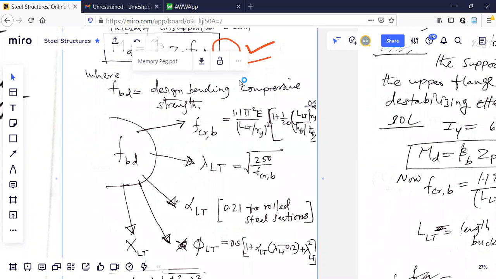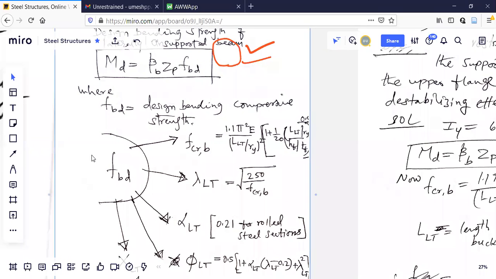Let us see this. So many parameters are there to be calculated here. I'll not explain that, I'll give the notes for that. I'll give you what is what there. Gamma LT, alpha LT, phi LT. See this one here. In order to calculate FBD, in order to calculate this one, or whatever I'm telling, this one,